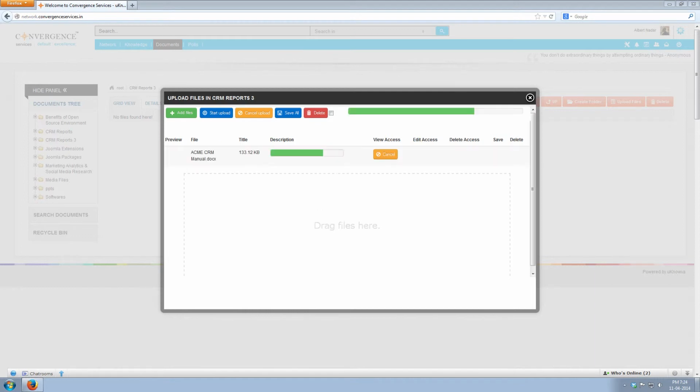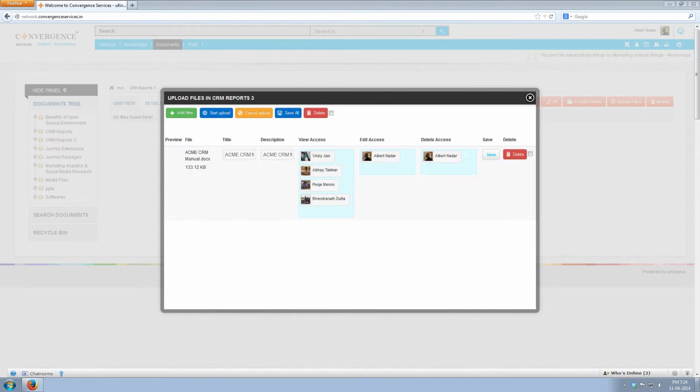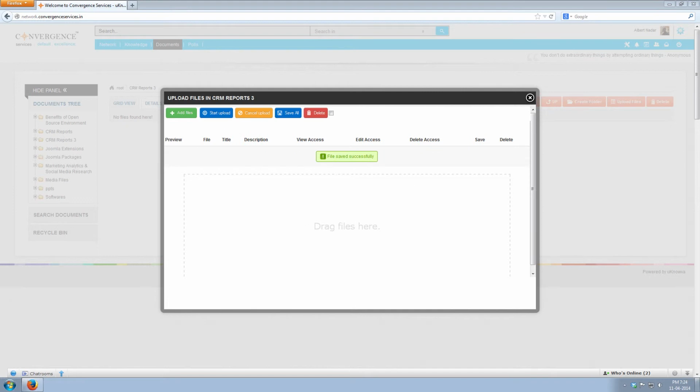You can see your file get uploaded to the CRM reports folder. The pop-up also shows different information regarding that particular file, like its title, description, view access, edit access, and delete access. Once the uploading is done, click Save. You get a message, File saved successfully.